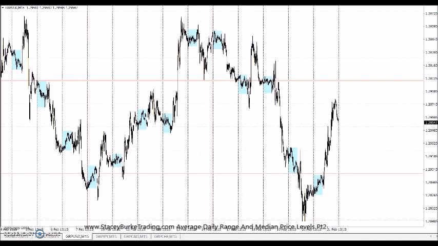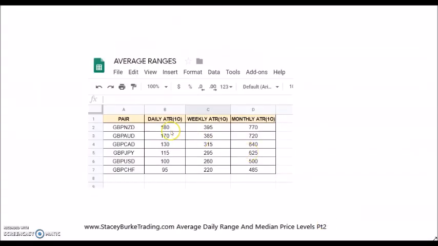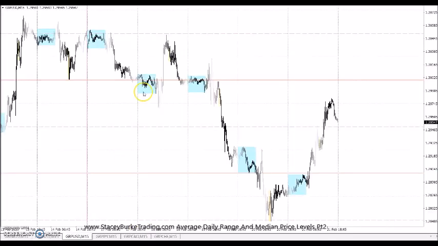So we're just looking at the British pound, and if we go back to the beginning of the week, for example, the British pound, our average daily range is 100 pips. This is over 10 days. I just use the number 10, there's no particular reason why. You can use whatever number you want. And I've just rounded these out, 250 pips for the week, 100 for the daily cycle.